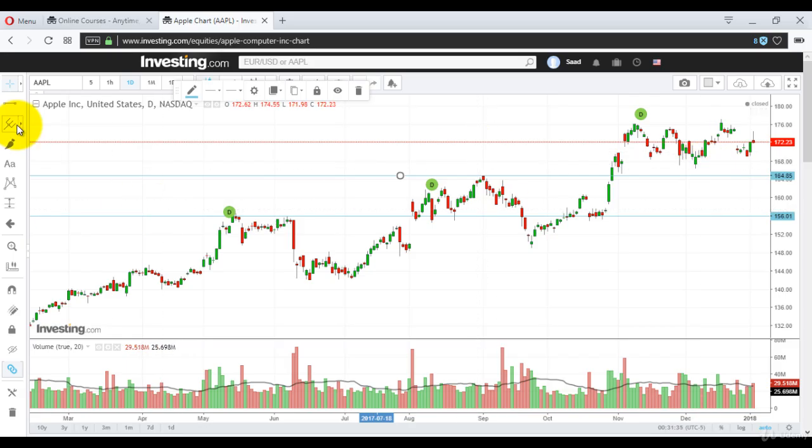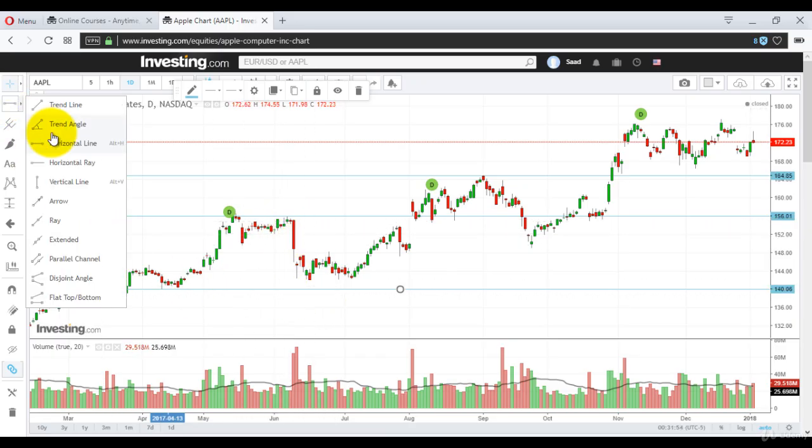Another example. Let me make a line right here on this low. Now once it made this low, it went higher. Made a double high, double top. Went lower. Made double lows. But you knew from this high that this was the second line. If I make a third line